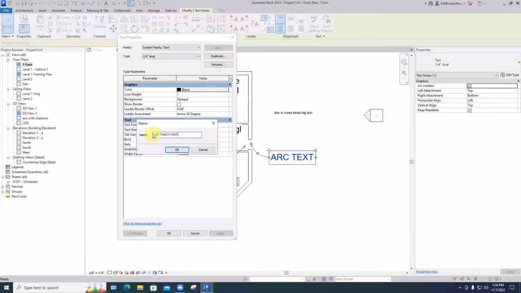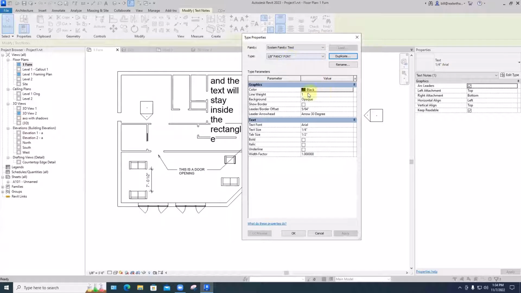The name can be whatever you want. It can be 1/8 inch Arial. It can be room names. It can be use this text to label streets. It can be anything you want. And this way, if I'm not specifying Algerian or some crazy font, I can just play with this without having to change the name. But I will, in this fancy font,